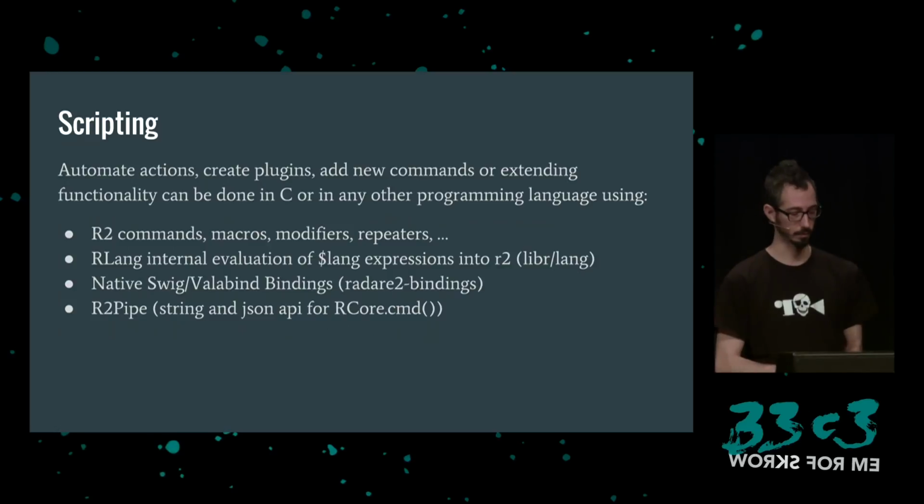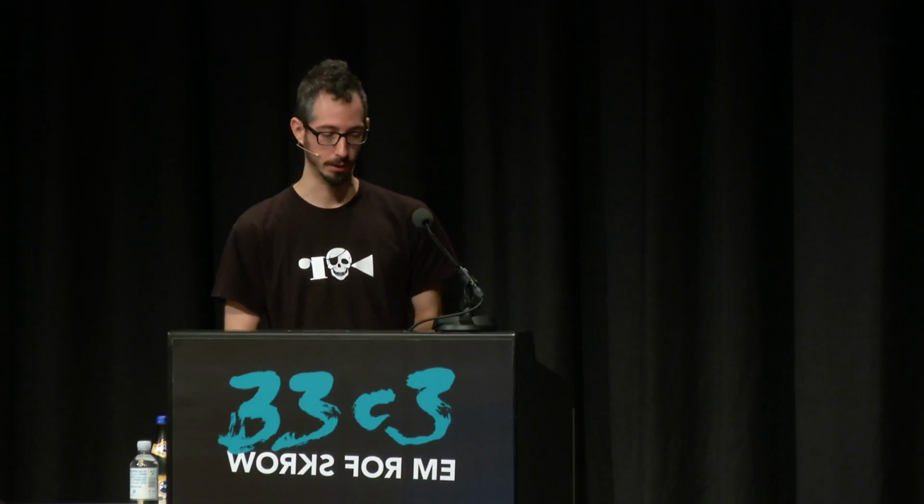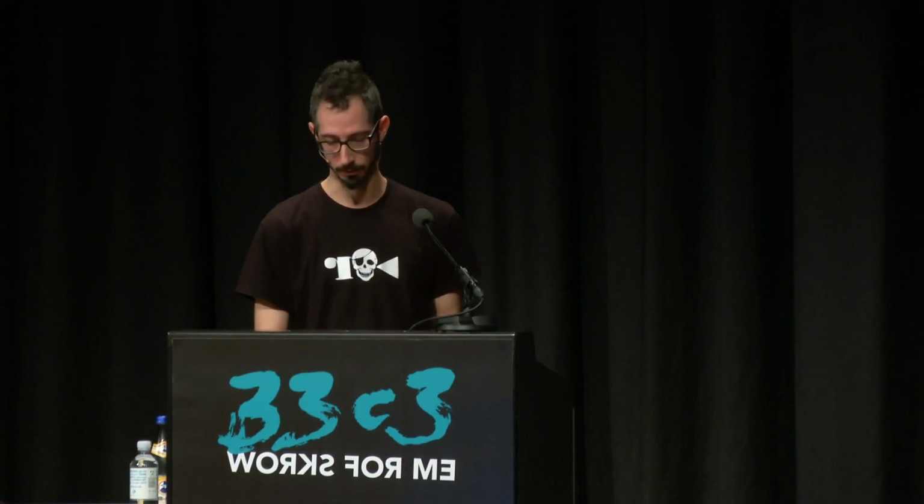Bindings for all these targets. But this was not really stable at all, because there are some memory problems, since sometimes it's hard to manage the references and things like that. So at the end, I got the idea of implementing R2pipe, which is basically a pipe on top of